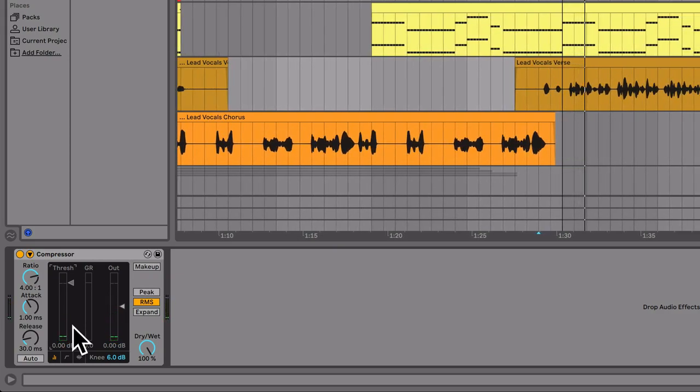That's because this compressor is turning down the volume of the vocal. If I pull the threshold all the way down to -infinity,